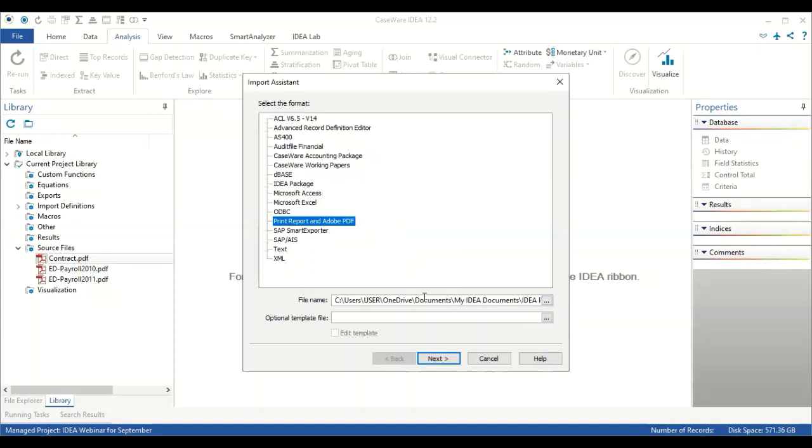And then the path name, where you have the file, you also have selected the file you want to import. So you would not have to go through that step. Then you click on Next. Now, in this case, it's trying to take a copy of that file you have and then bring it into IDEA using